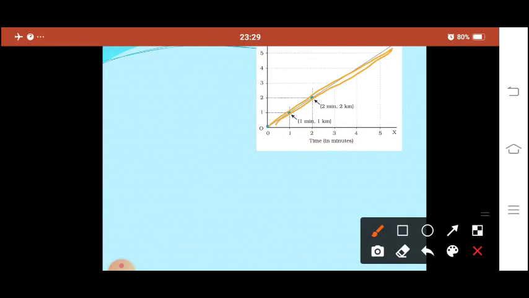That type of graph shows that the object is moving at a constant speed. That means it has uniform motion. When the distance is increasing simultaneously with the time in proper order, we get a time-distance graph that is a straight line passing through the origin. That will be the graph for uniform motion of the object or vehicle.